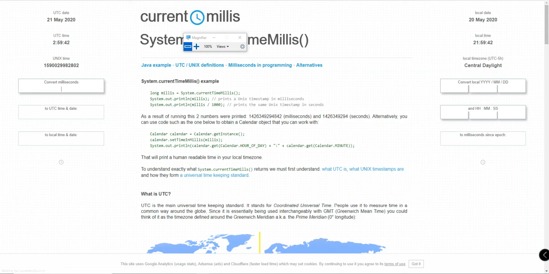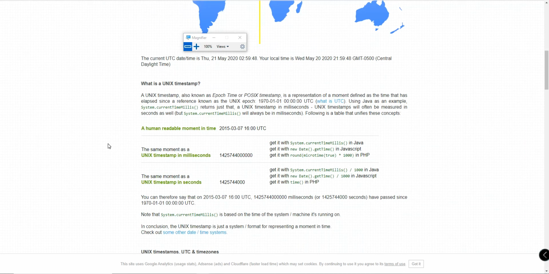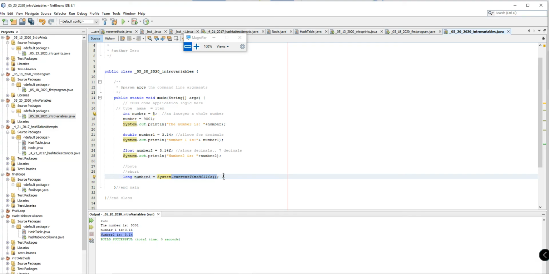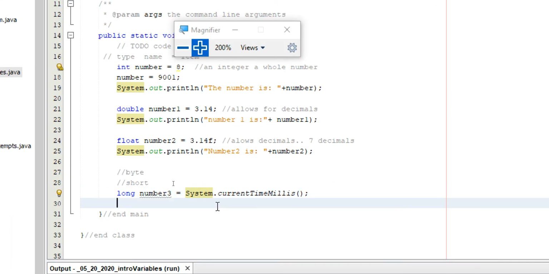Here we go. Let's see. Current time millis. But basically, it finds how many milliseconds have occurred between now and that date. It's 1970. There it is. Knew it was one of those two. So, basically what this means is, if I run it and print it, you'll see